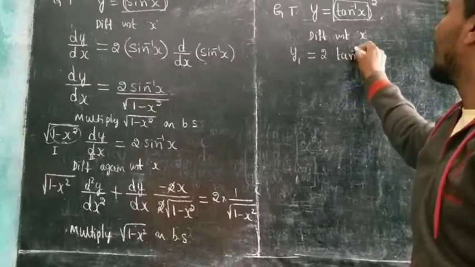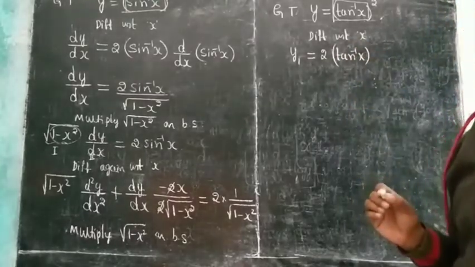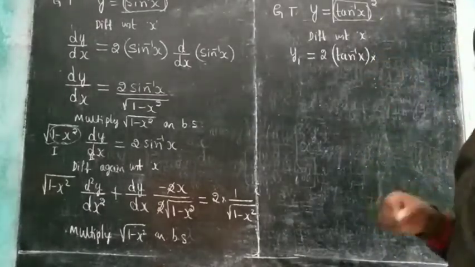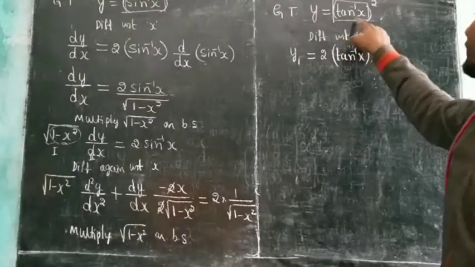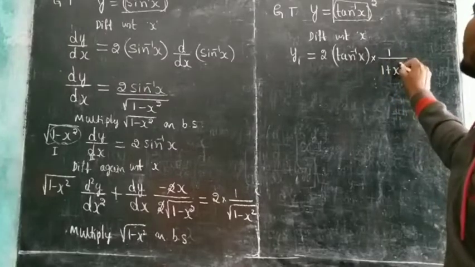So the derivative of y is y1 is equal to the derivative of dabba power n into dabba, dabba is nothing but tan inverse x whole power n minus 1. N minus 1 is nothing but 2 minus 1 into d by dx of dabba. Dabba is nothing but tan inverse x. The derivative of dabba is 1 divided by 1 plus x square.